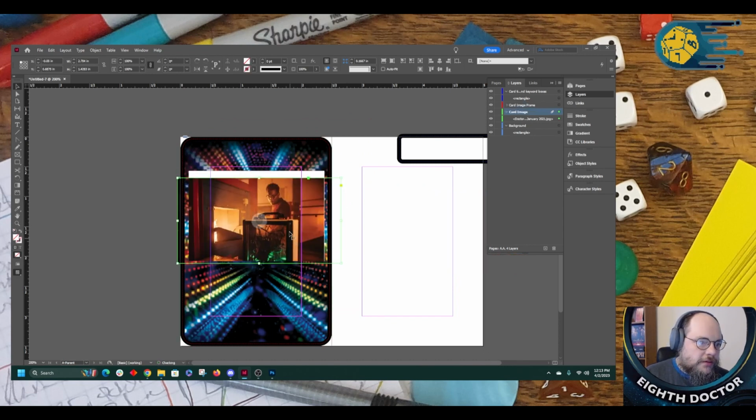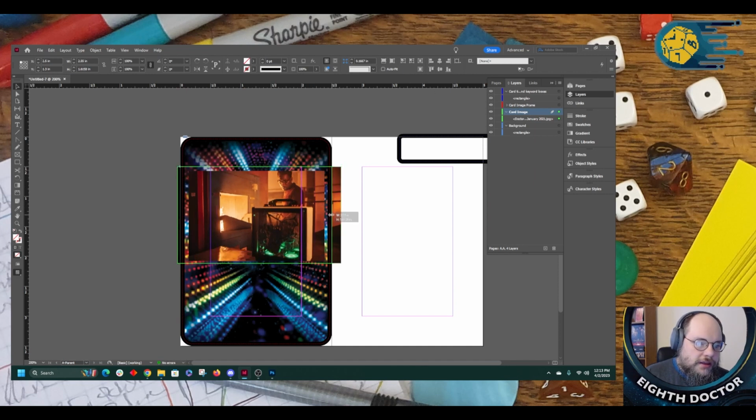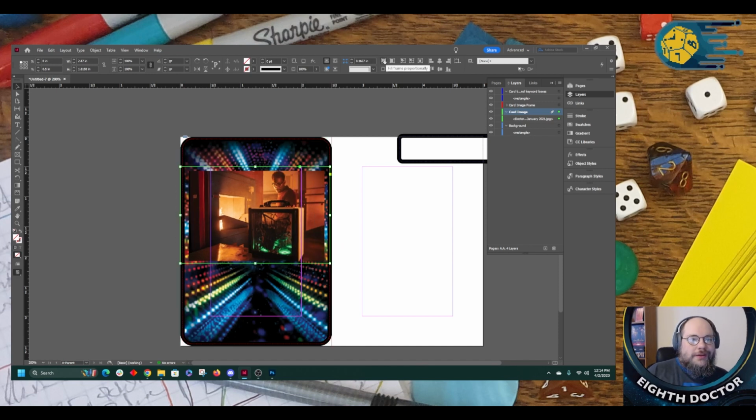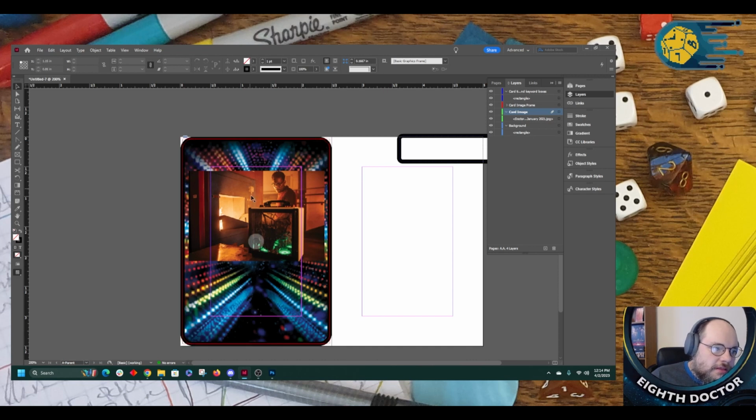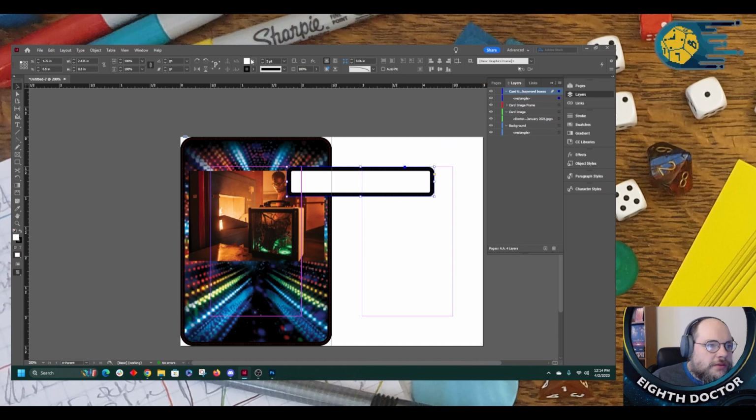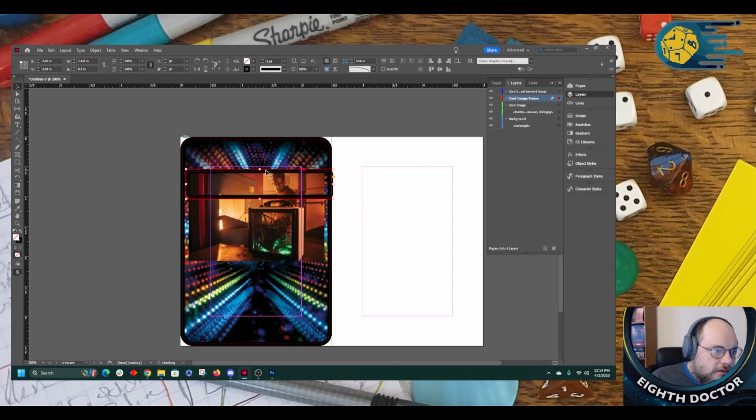This is my preferred method of doing this, having just something that's already cut out. And then I can cut this down to make sure that goes like that. Hit that button again to fill it, and yeah. So now we have our image inside our frame. Though the image is kind of very square, I probably will still grab a box like this without white in it. Let's go like that. Let's throw this into the card frame layer, and I'll just give it a little bit more